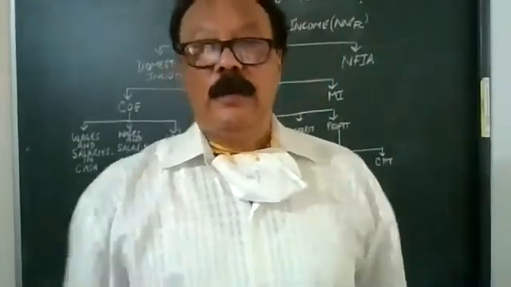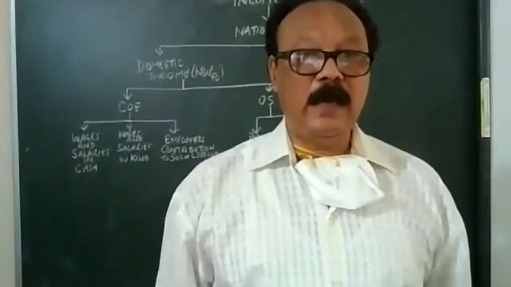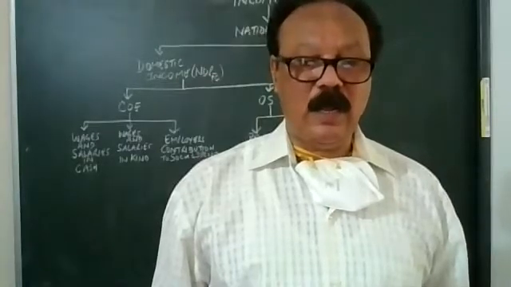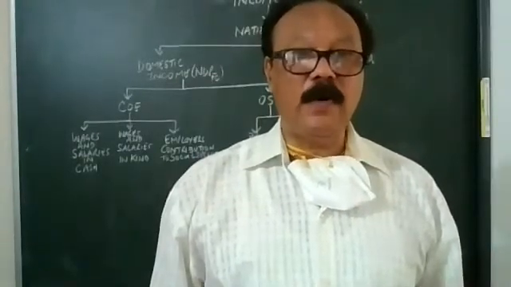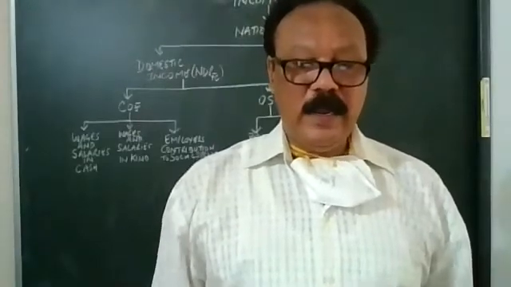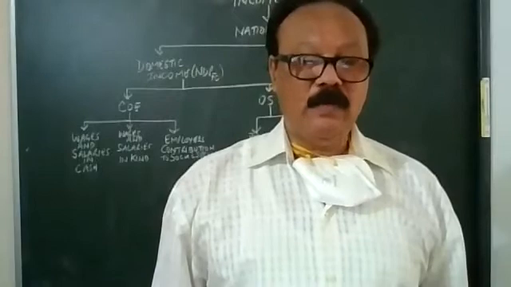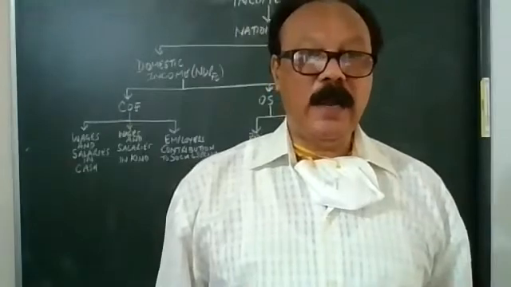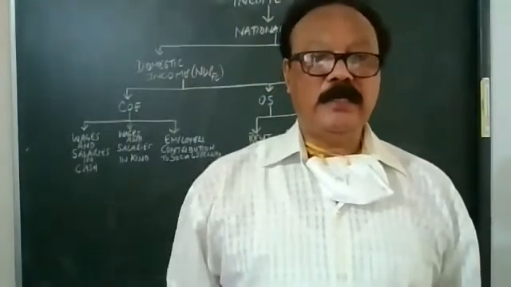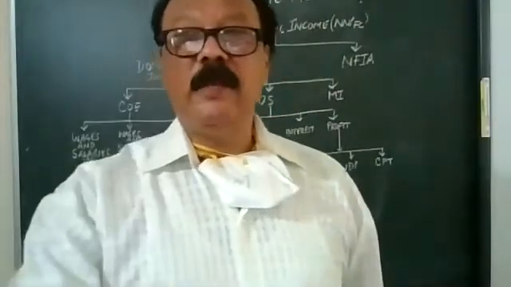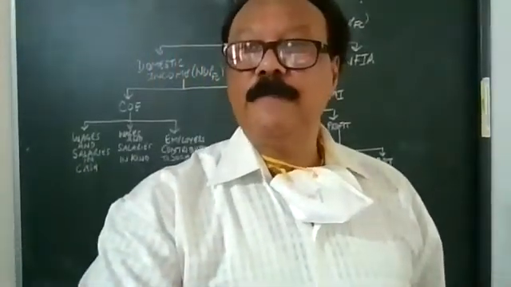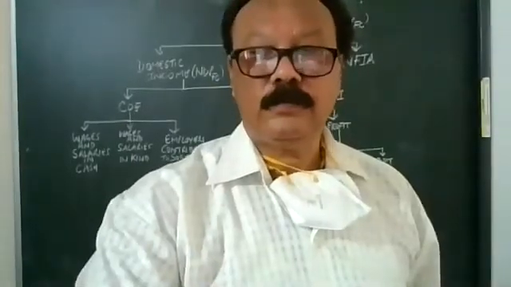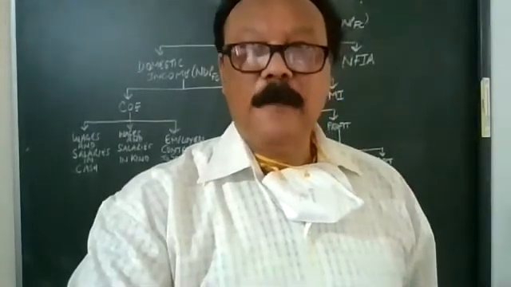So you know, children, the factors of production are land, labor, capital, and enterprise, and the payments made for these factors of production are rent, wages, interest, and profit. We will take the payments made to the factors of production while calculating the national income by the income method. The next heading, write down: steps involved.